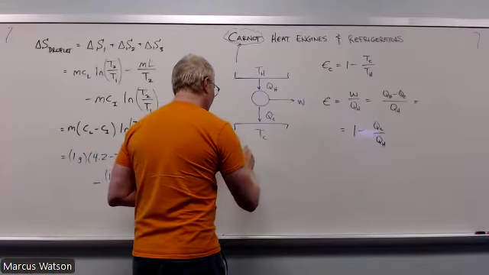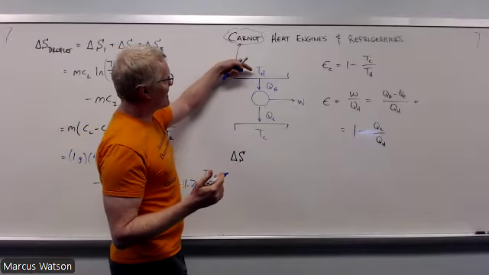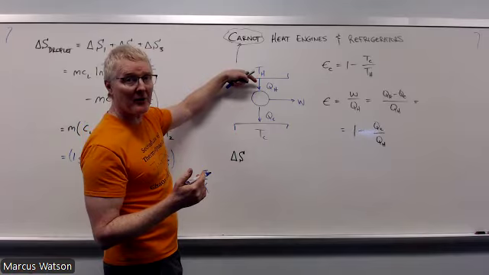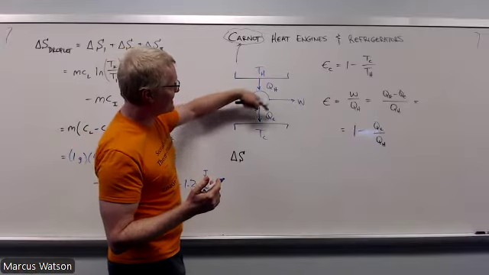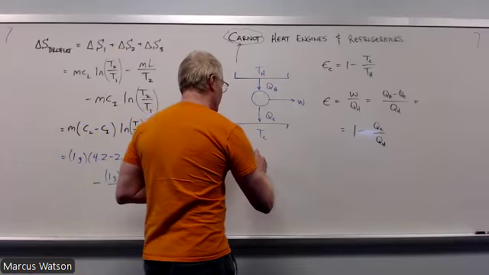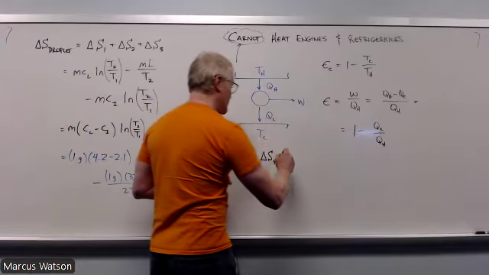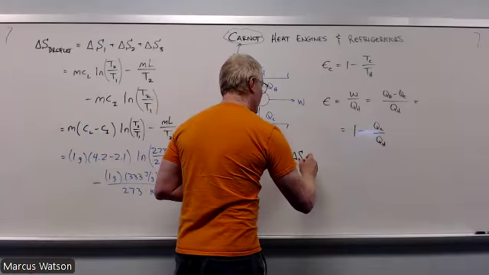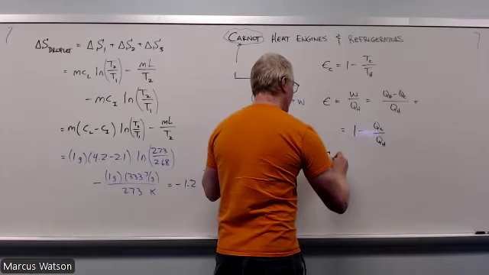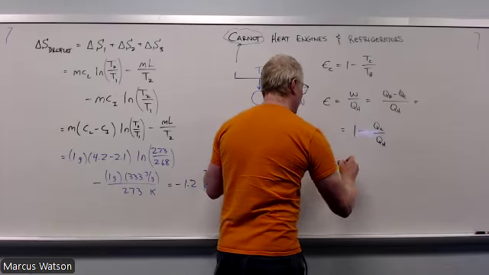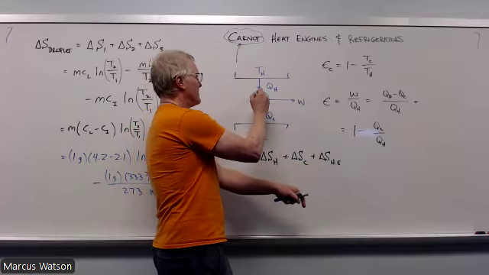So the delta S of a full cycle of this would involve a heat transfer from the hot reservoir, a heat transfer into the cold reservoir, and then this cycle right here, okay? So this has to include an entropy change from the H, it has to include an entropy change from the cold, and then it has to include the entropy change from the actual heat engine cycle itself, which is this thing. Okay, this is the heat engine cycle.